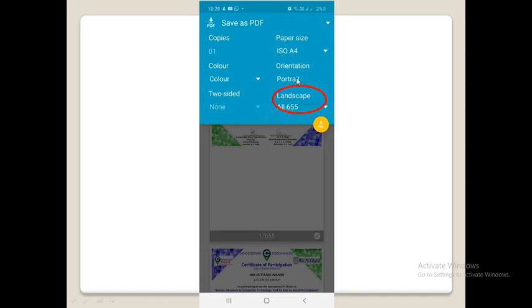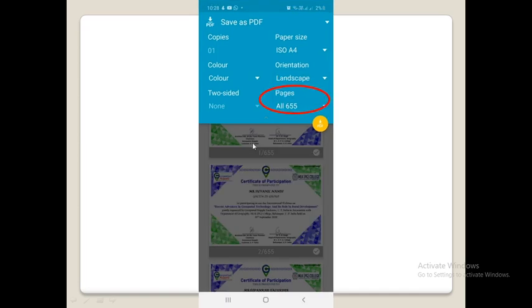As you are seeing, all 655 pages are here and you just want your certificate only, so click this and you will see the range of 655. So select the range of 655.